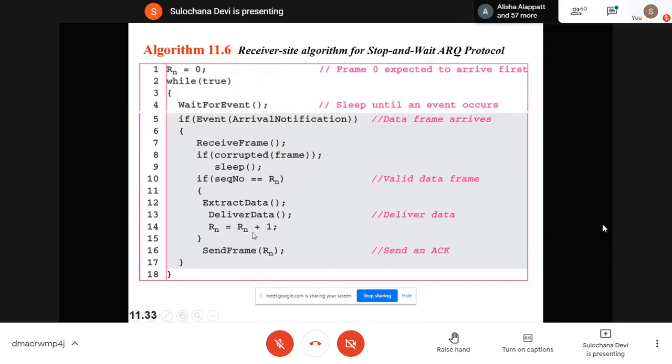And this should be the acknowledgement number of the frame which you are sending. It means you will tell the sender that I received your previous frame, now I'm expecting this frame. So prepare an acknowledgement frame, put this RN as the acknowledgement number and transmit it. So this is at the receiver side, and when this frame is transmitted, the sender will check again. Now this process is clear: what happens at the sender side and receiver side in stop and wait? Any doubt? Should I repeat something?